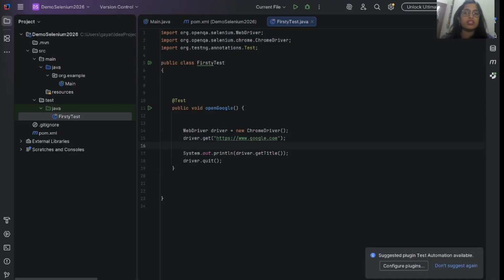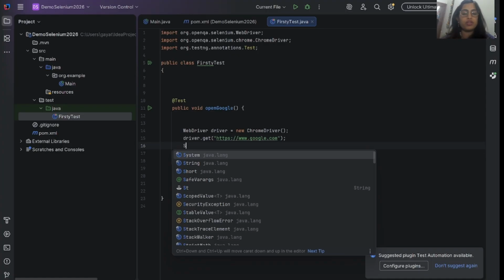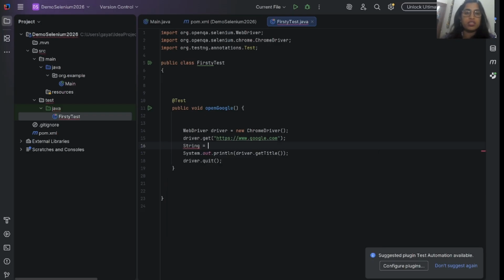You can even store this in a string variable like String title = driver.getTitle, and then print that. Both will work fine. Once your browser launches and your task is complete, it will close your driver. For that we call the driver.quit method. We're calling this method as well.